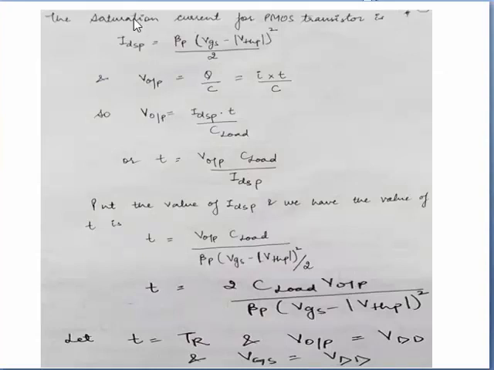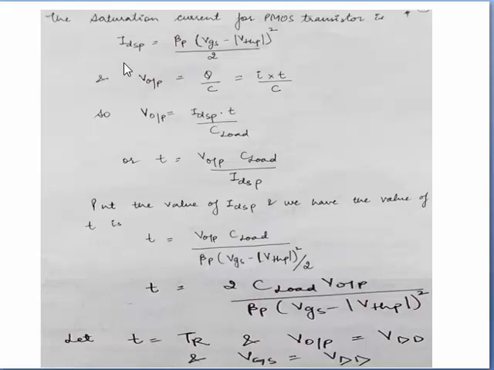Now first is the saturation current for the PMOS transistor, because for the rise time CMOS model, the PMOS transistor is in saturation whereas the NMOS transistor is in off state. So we have to calculate the saturation current. Already we have derived this equation in MOS device design equations. Now we use here the drain to source current for the PMOS transistor, denoted by IDSP, that is equal to beta P into (VGS minus VTHP) whole square by 2. VTHP is the threshold voltage of the PMOS transistor.